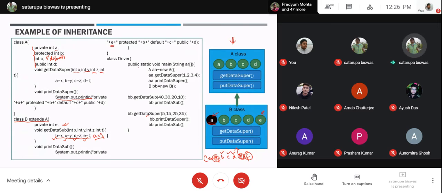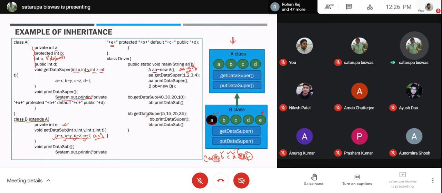Now, when we are going to the main function, this driver class is not a relative. Obviously, say you are creating an AA object here of the A class, and you try to write AA.small a, that is not possible because small a is private to capital A. If you write AA.B, B is protected, only within the family and inside the same package.